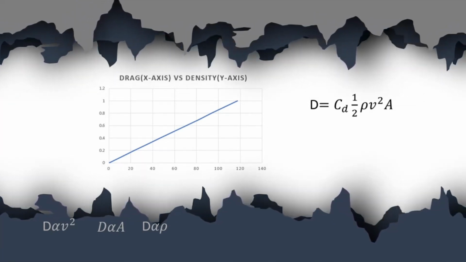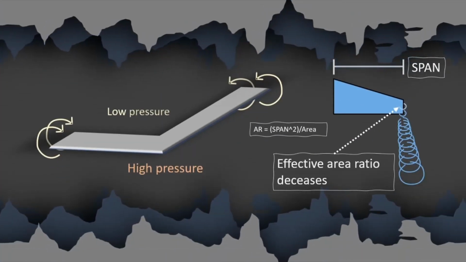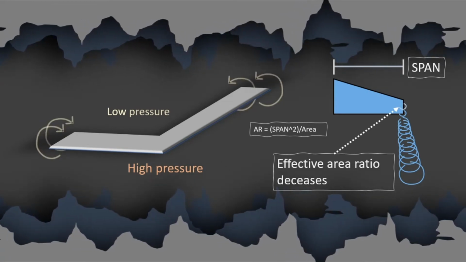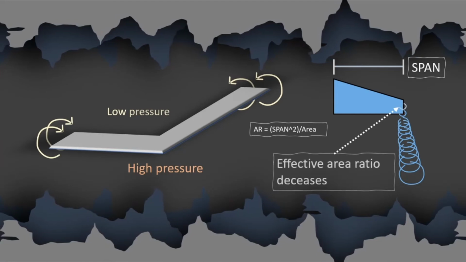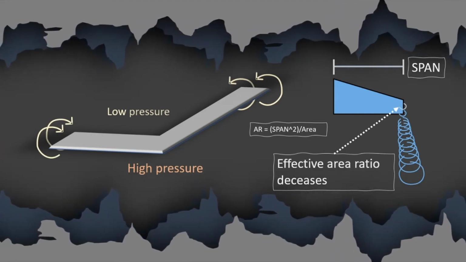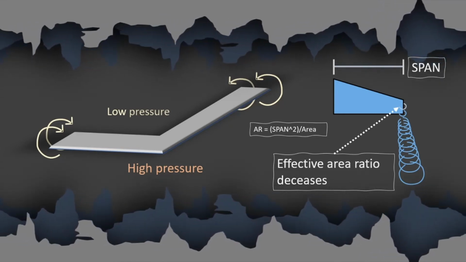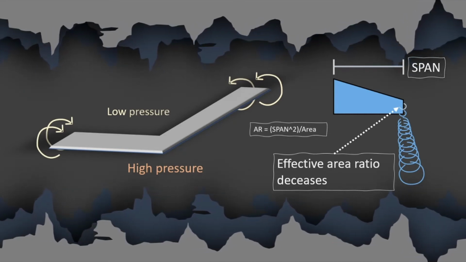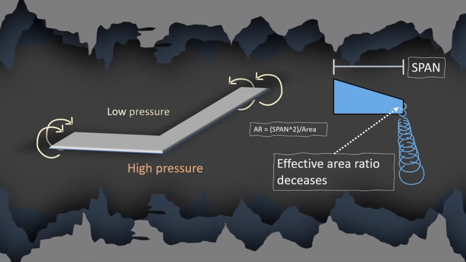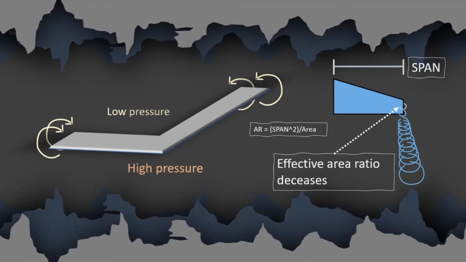Before breaking down the coefficient of drag, we must know about the wing tip vortices. These vortices are generated due to the pressure difference between the upper and the lower surface of the wing. These vortices reduce the effective aspect ratio of the wing, and the span of the wing is the total length of the wing. The aspect ratio of an aircraft can be found using the formula span squared divided by the wing area. The larger the aspect ratio for a specified wing area, the lesser the magnitude of vortices and